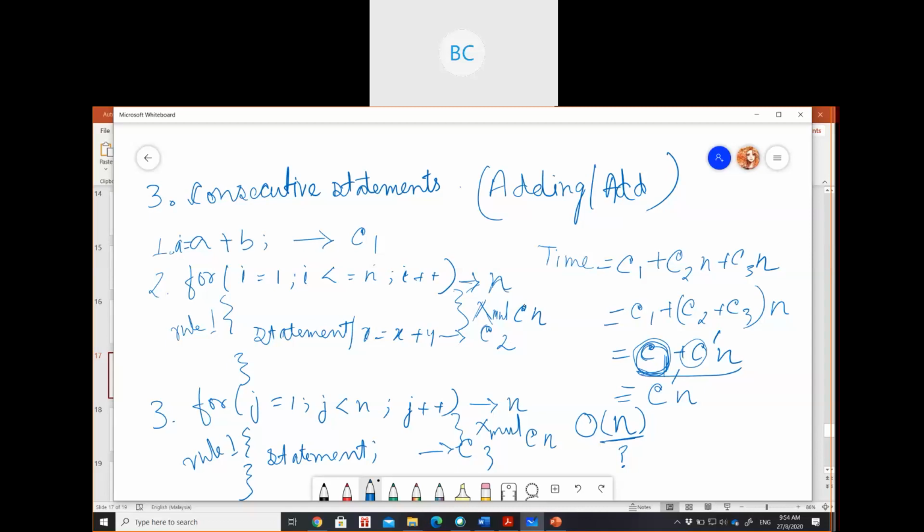Inside a program, those blocks of code that depend on your input or input size, only those blocks will contribute to the time complexity. So inside any program, we are going to ignore all other parts, all other instructions of your code, like initialization, taking variables and all those. Everything will take constant time, just a single unit of time.